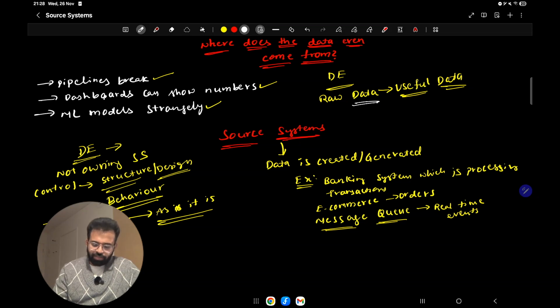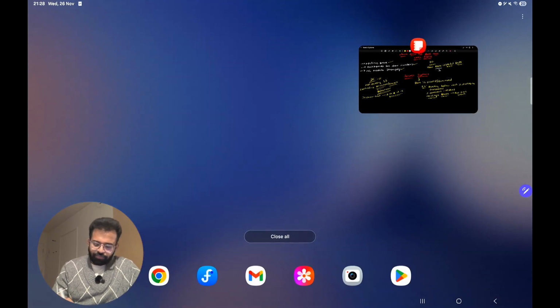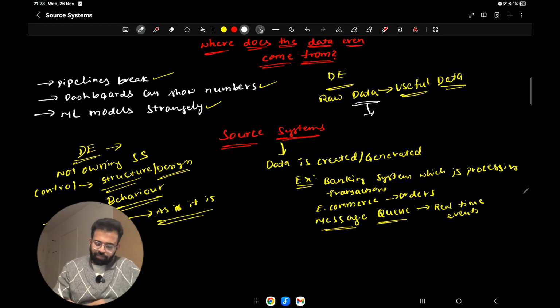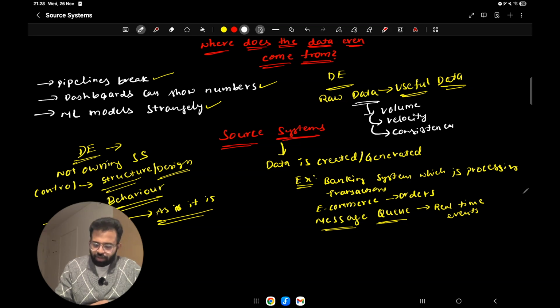What I mean by behaving differently is in terms of volume, velocity, consistency, and even reliability.